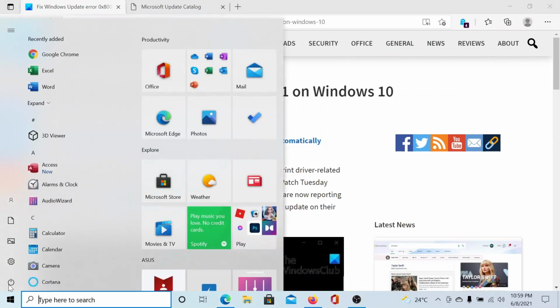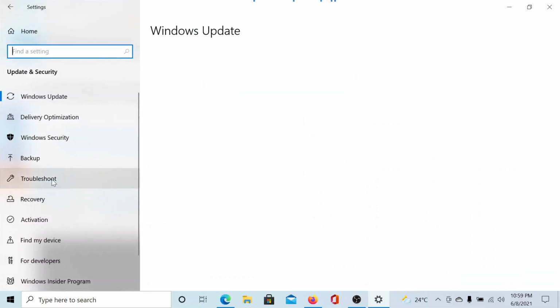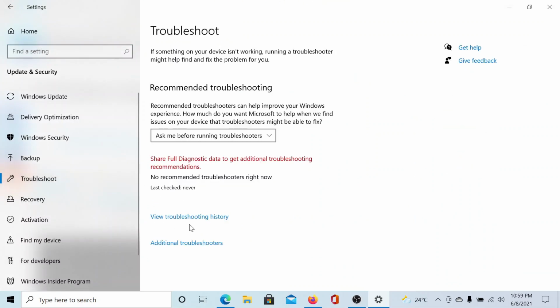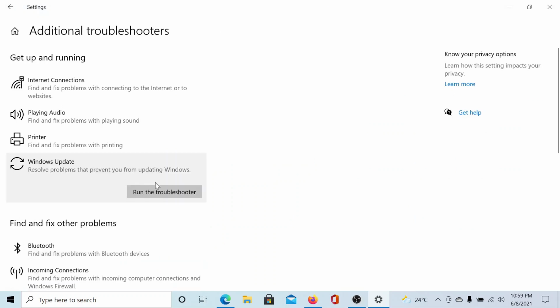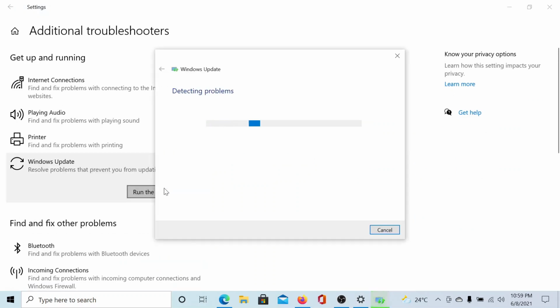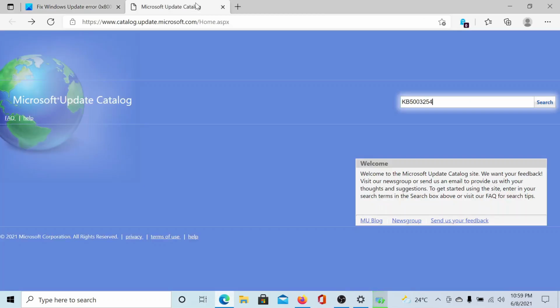So click on the Start button, select Settings, scroll down to Update & Security, go to the Troubleshoot tab, click on Additional Troubleshooters. You'll find the Windows Update Troubleshooter here and you can select Run the Troubleshooter to run the Windows Update Troubleshooter. After this, you can go to